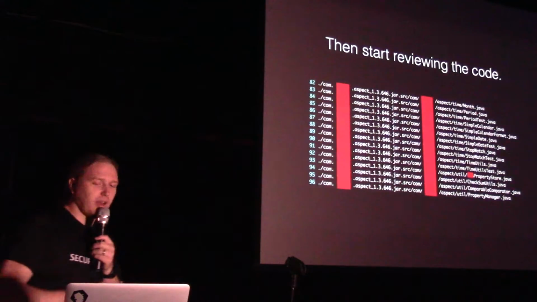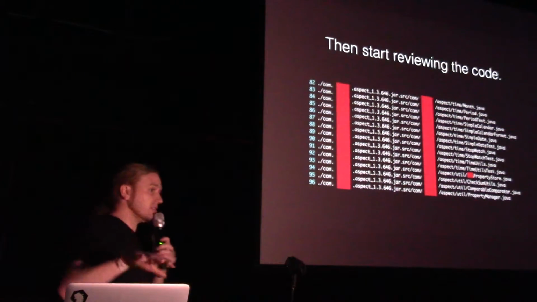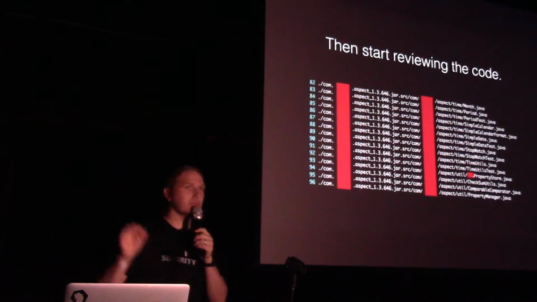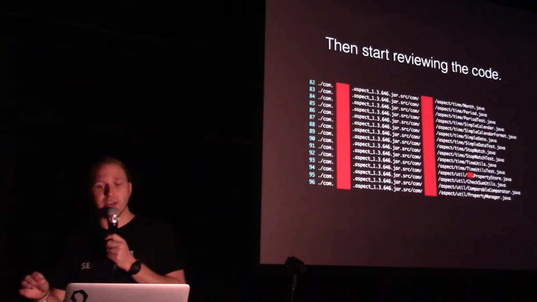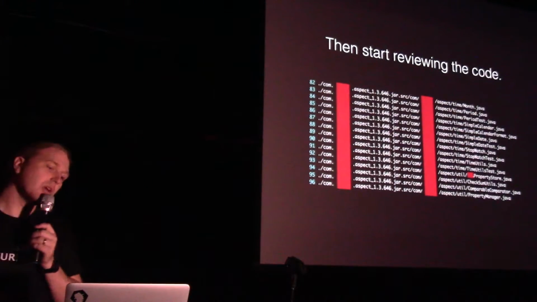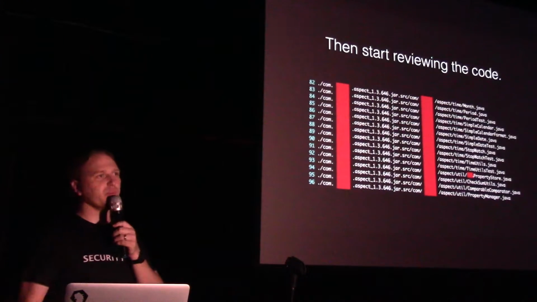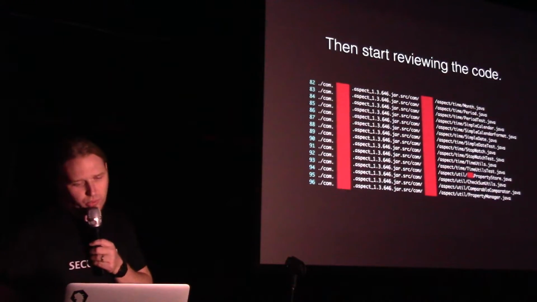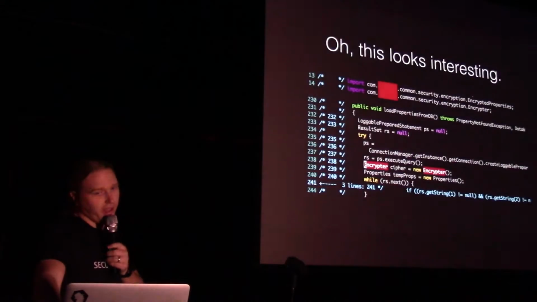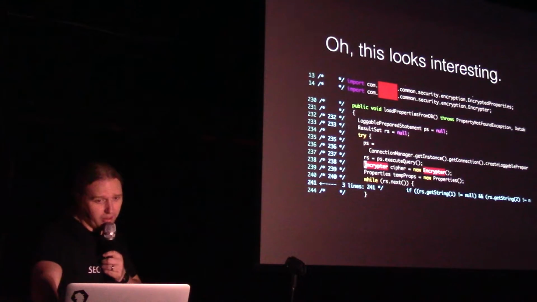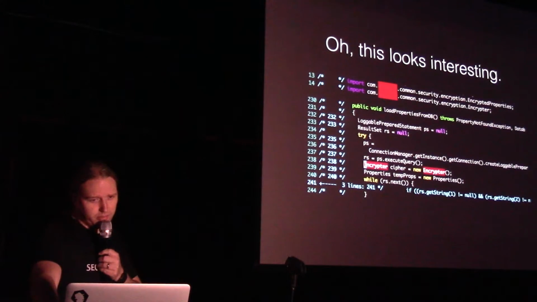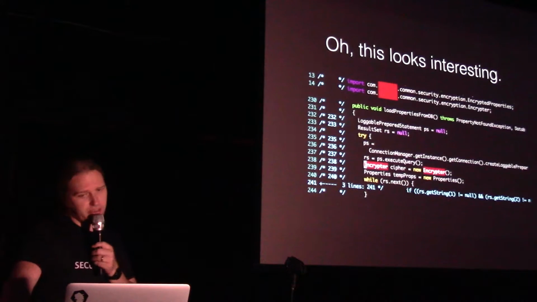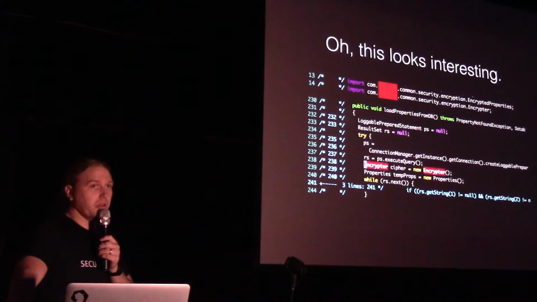So after you've done that, you have, in this particular case, hundreds of thousands of files that contain source code, and you start having to just dig through them. So you go through one by one. I use Vim for this and just kind of go through and start looking to see what we have. So I ran across this file. It says import redacted common.security.encryption. Okay, that sounds interesting.